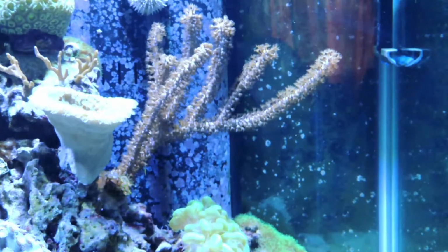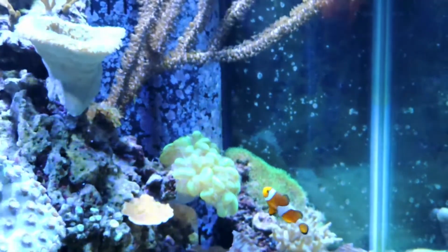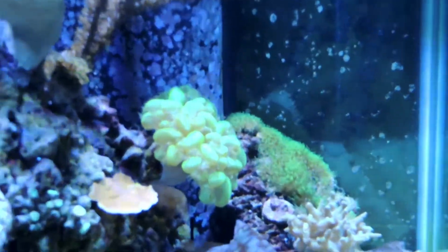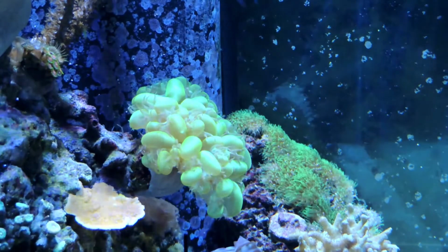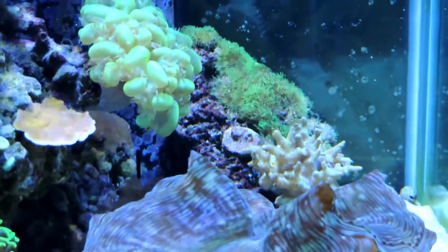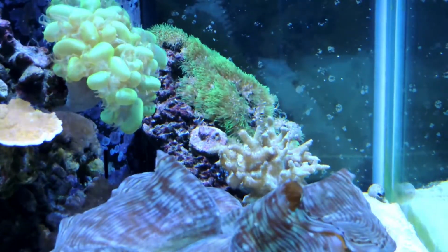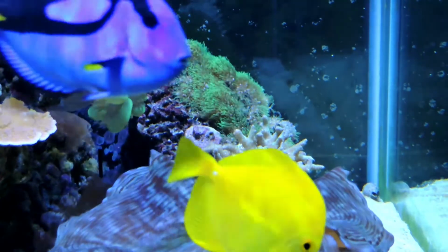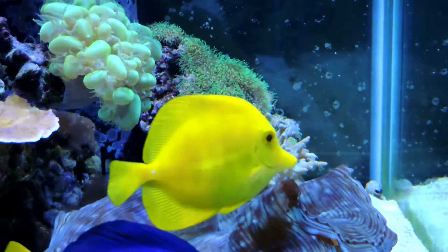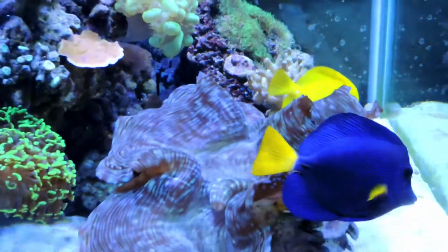My gorg continues to grow at a really quick pace. The bubble coral right below him is just stellar. It's just thriving there. That lighting, that current is exactly where it wants to be. Behind him are those green star polyps that I rescued from that tank that's being broken down. They've colored up, they've been growing, and behind him is another Singularia leather that I just stuck there. And of course,